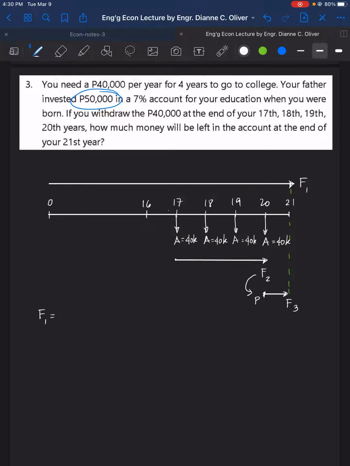So for F1, we have the formula: present worth times 1 plus i raised to n. The present worth is 50,000, so P is equal to 50K. So we have here 50,000 pesos, 1 plus the i here is 0.07, raised to how many periods? We have there 21 years. So F1 is now equal to,